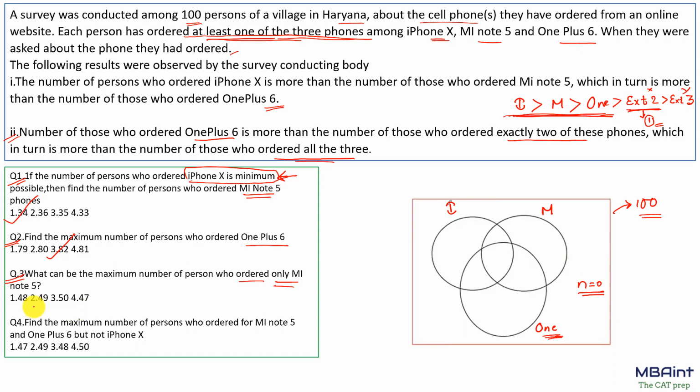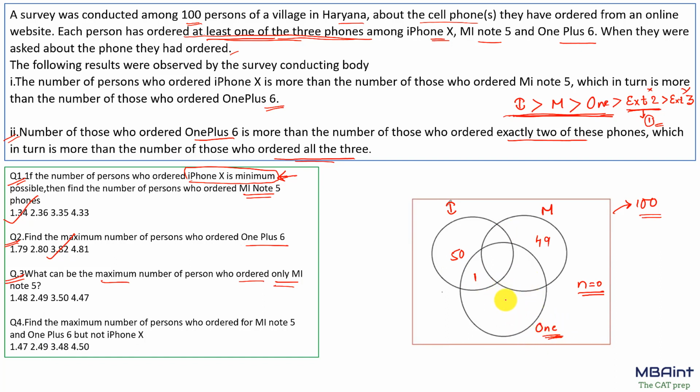Right, let's see the other nearest number, because we have to maximize it. Let's suppose it is 49. Now in that case, iPhone has to be greater than MI. So let's suppose I'm making it 51. So these two are being satisfied. Okay. Now OnePlus and iPhone are equal. So let's make them unequal. In order to make them unequal, let's suppose I make it 1 and then 50. Now in that case, exactly 2 equals 1 and OnePlus equals 1.